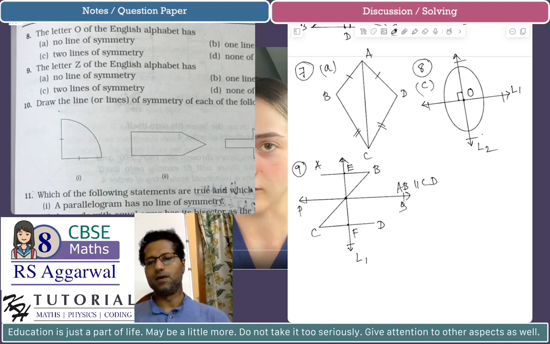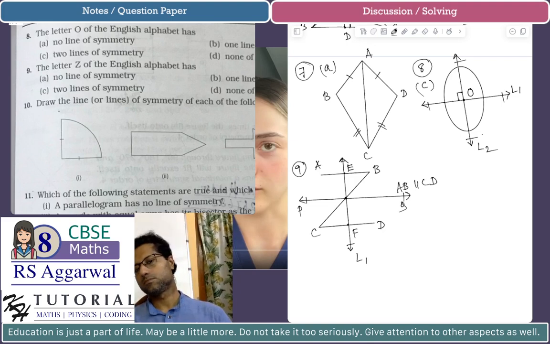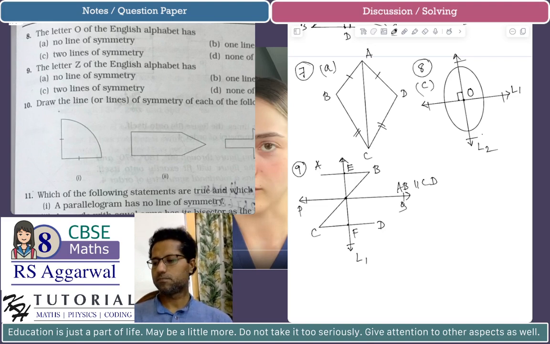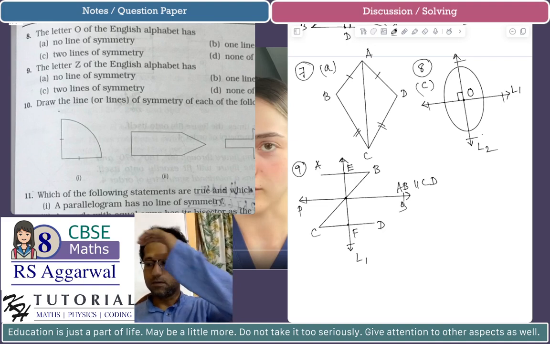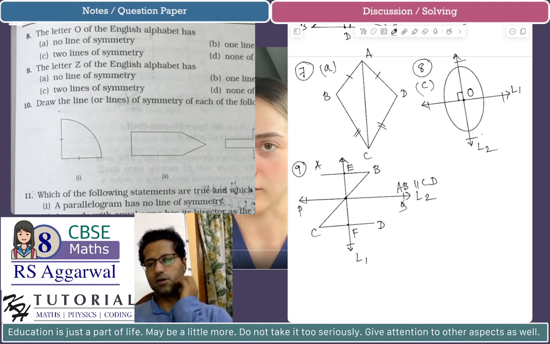Now, will PQ be a line of symmetry? This line L2 to me looks like it can be a line of symmetry, because